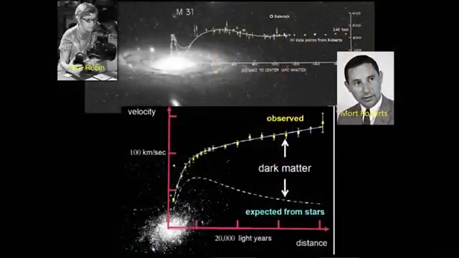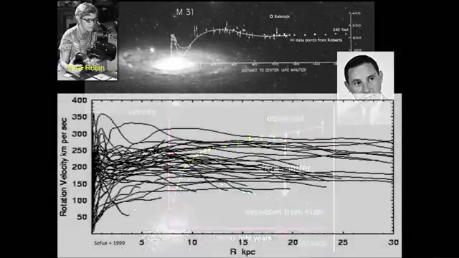So this is sort of the way it goes. As you look from the center of the galaxy, this is what you expect to see. The speeds of orbit of objects should get smaller and smaller, as Kepler told us they should, as you move further away from the light. But instead, you see them roughly approaching a constant, telling us that the only thing that can do this is dark matter. And this is not just true for the Andromeda.